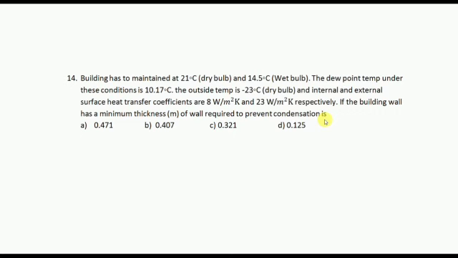The building will become unstable. In our Indian cities, in our country, this is nowhere going to happen. This happens only in foreign countries or in very cold places. That's why they care so much about condensation. Already the temperature is 21, they are maintaining 21 degrees Celsius. Here, 30 or 40 is very normal. They are maintaining 21 and asking you to prevent condensation of the building. For that, how much thickness should you build the wall?